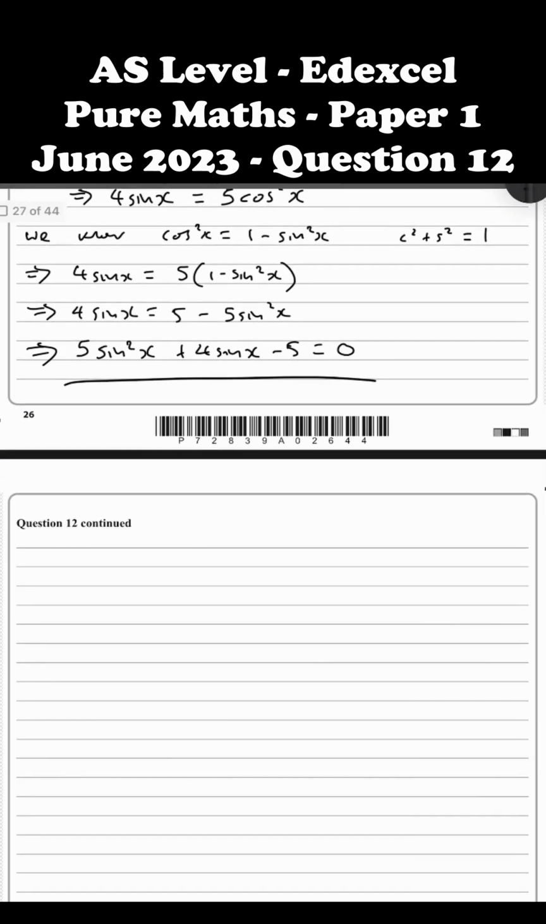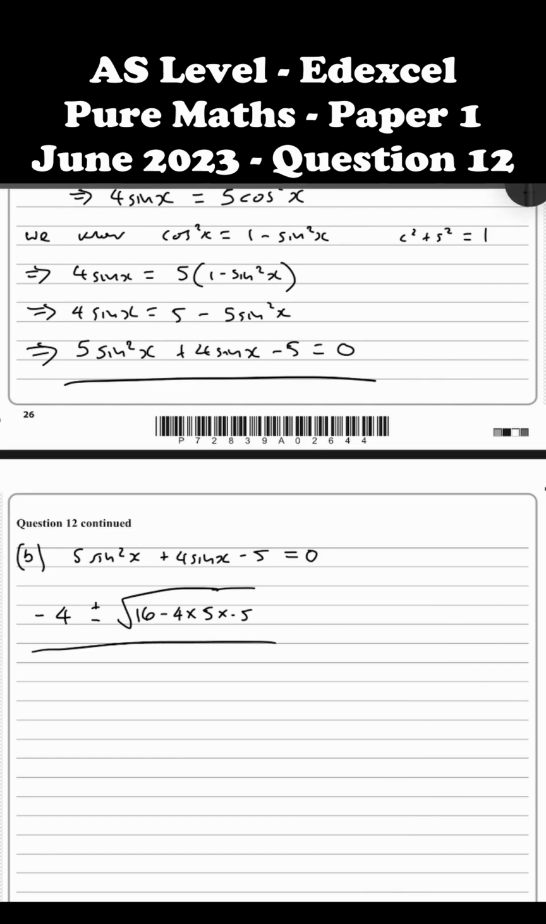So all we need to do here then is solve this equation: 4 sine squared x plus 4 sine x minus 5 equals 0, which I will use the quadratic formula for. So minus b plus minus the square root of b squared minus 4ac all over 2a, which is going to be minus 4 plus minus the square root of 116 over 10, which will be the equivalent of sine x, as sine x is our term that we are squaring and finding the